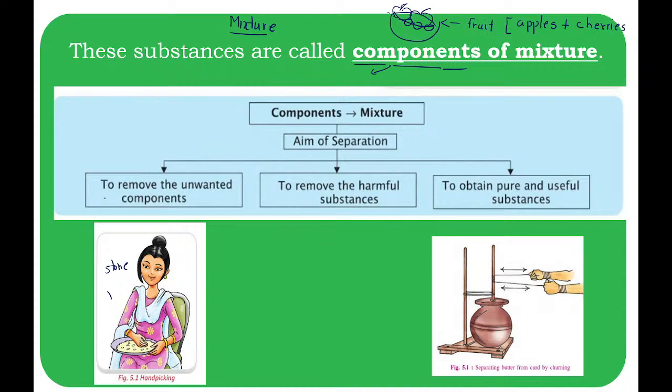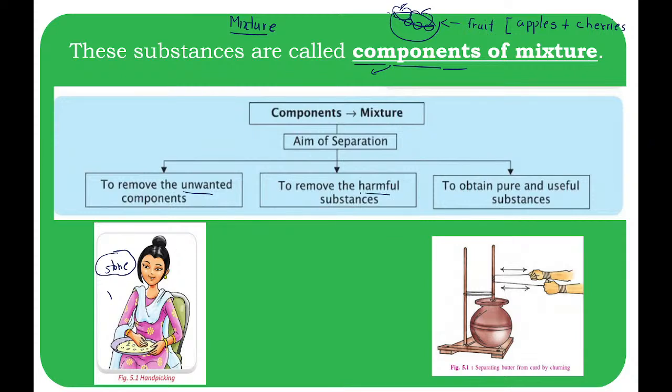Now, is a stone particle present in the rice useful or non-useful? Do we eat that stone, or the husk, or any other particles present in the rice grain? Definitely not, right? It is a non-useful or unwanted substance. So we separate a mixture to remove the unwanted component, and sometimes this unwanted component can be harmful also,